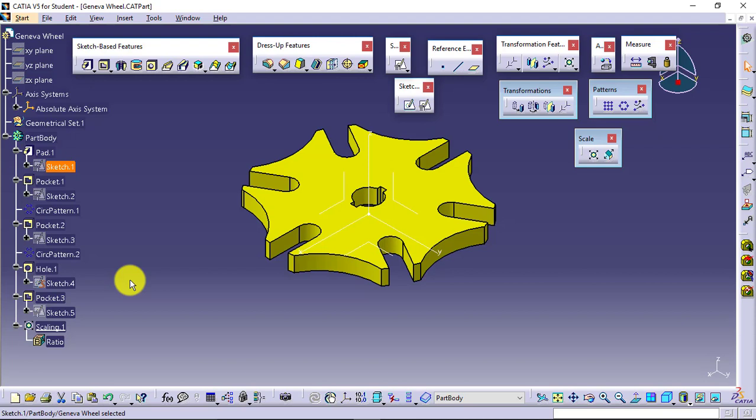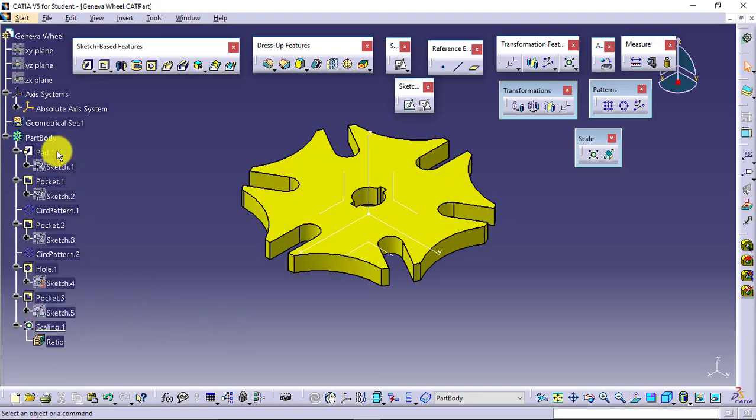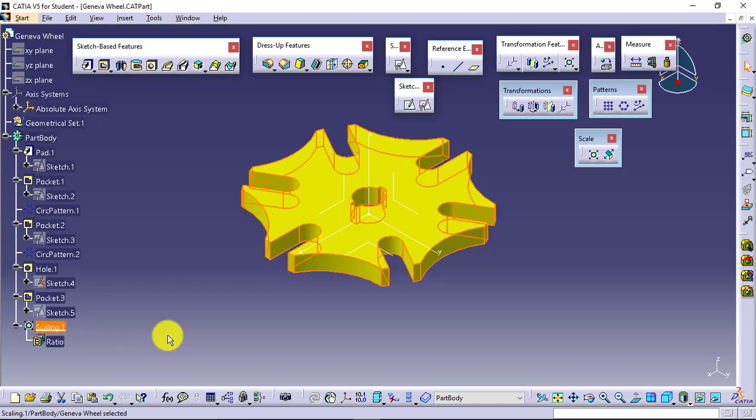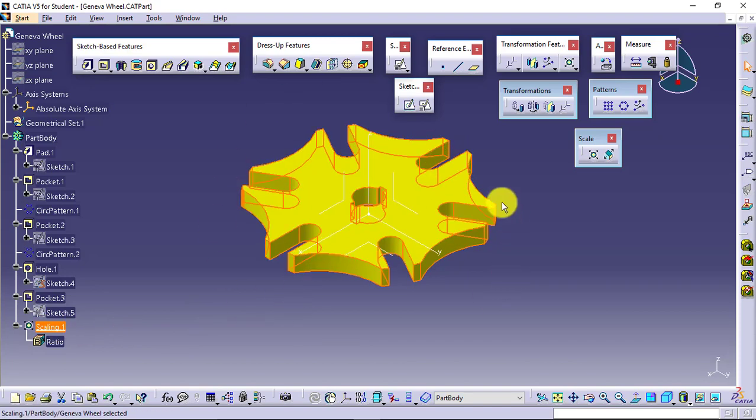But when you apply it, those things will be updated in the visualization, in the application. Sketches will be as they are, features will be as they are. Due to this scaling, the object is enlarged, but there will not be any changes in the dimensions. So look wise, yes, the size will change.